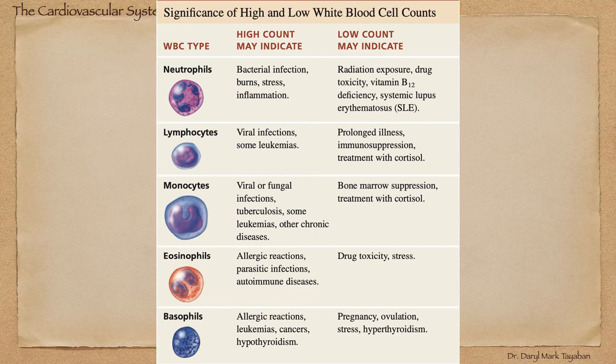Okay? The next one, monocytes. If there's an elevated count, it indicates that there is a viral or fungal infection. So either viral or fungal infection. It could also be elevated for patients with tuberculosis, and for those who have leukemias and chronic diseases. But if it's low, it's bone marrow suppression, or treatment like cortisol again, because